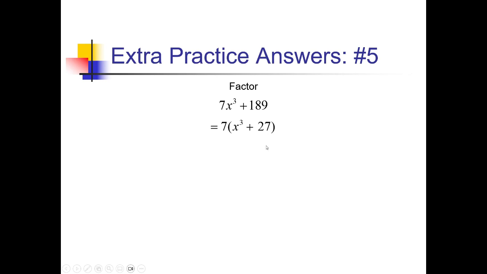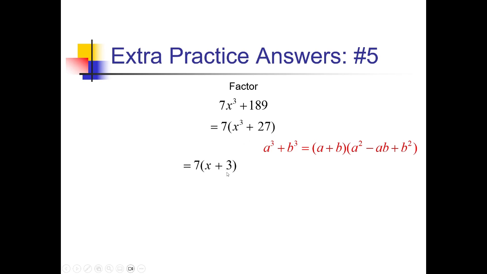But now I notice that I have a sum of two perfect cubes here. So I can use this perfect cube sum formula, a cubed plus b cubed equals a plus b times a squared minus ab plus b squared, one of our magic formulas here. So I've got the 7 I took out initially, and now the a and the b, I get those by cube rooting the things in this parentheses here. So a is the cube root of x cubed, or just x, plus b is the cube root of 27,